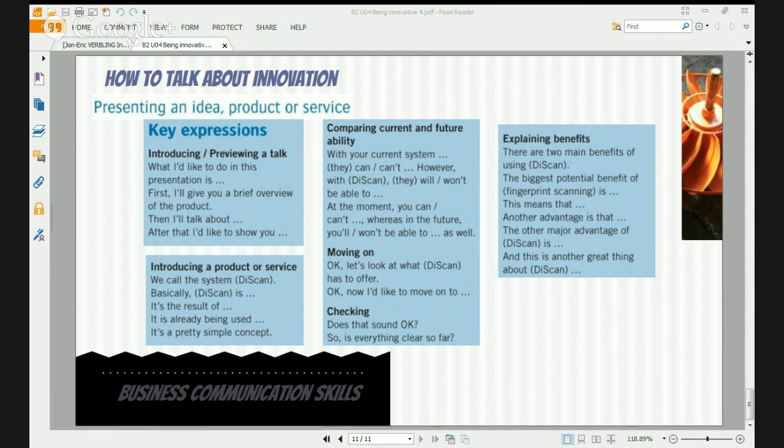Okay, sounds good. Then I'll talk about the major advantages that it has in comparison with conventional ones. Conventional ones, fine. Okay. Sounds good. After that, I'll tell you how it will enable you to